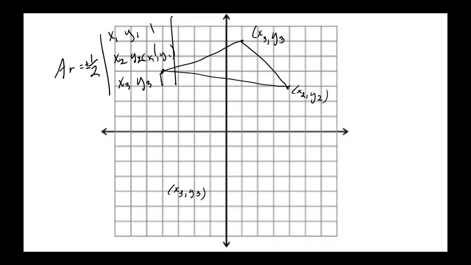Now, they're assuming that x sub 1 is less than or equal to x3, and x3 is less than or equal to x2. So I got that right. Amazing. Okay. And that y3 lies above the line segment connecting x1, y1, and x2, y2. Got it again. Okay. Now, let's consider the three trapezoids whose vertices are,